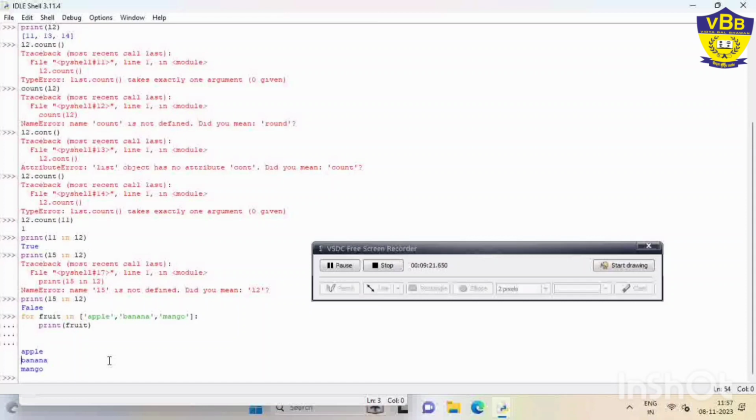Next concept is the Python array. What is an array? An array is a data structure that can hold a fixed number of elements of the same Python data type. In a list, we store data items of different data types.